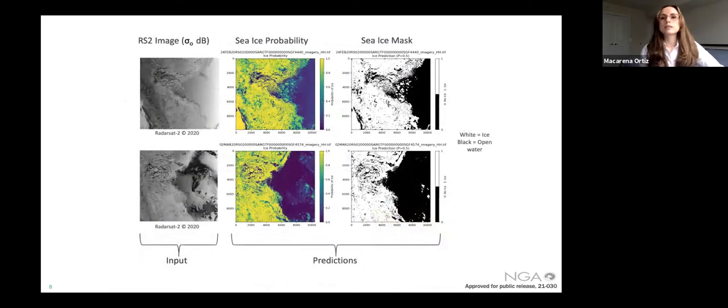People don't want a probability image, right? They want an ice, no ice binary image. In order to do that, we took our ice probability images, the outputs from the CNN, and thresholded them: any pixel values above 0.5 in the probability space were ice, and anything under 0.5 was open water. Here you can see the sequence: the original input images on the left, the ice probability intermediate output in the middle, and the final binary output on the right.